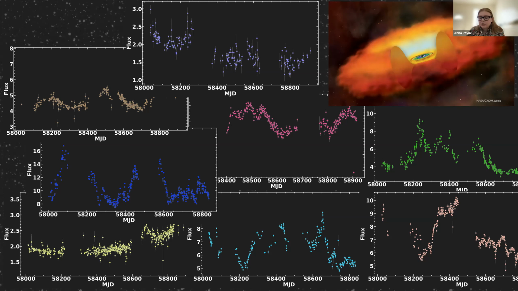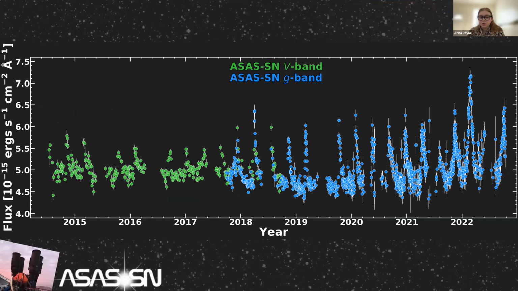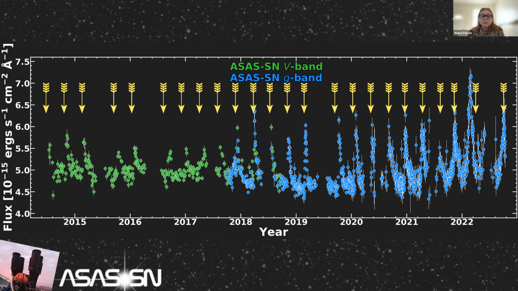One of these objects in this sample was very unusual. The light curve for this object is completely different, as opposed to the purely stochastic behavior we expect for a normal AGN. Instead, there are these evenly spaced flares that have been detected for the entire duration of the ASAS-SN light curve for this object, spanning 8 years now since 2014. There are missing flares due only to seasonal gaps in the light curve.